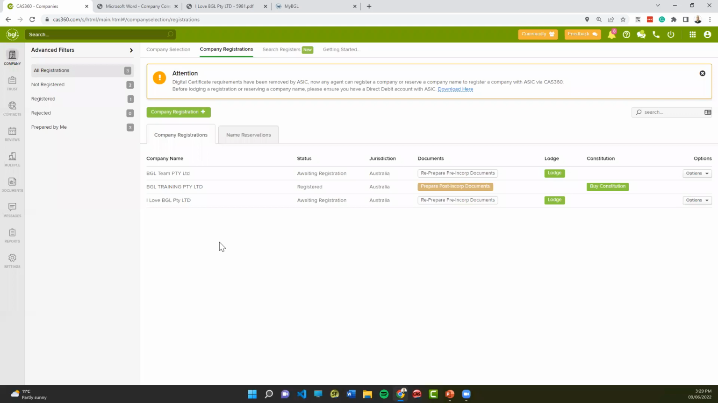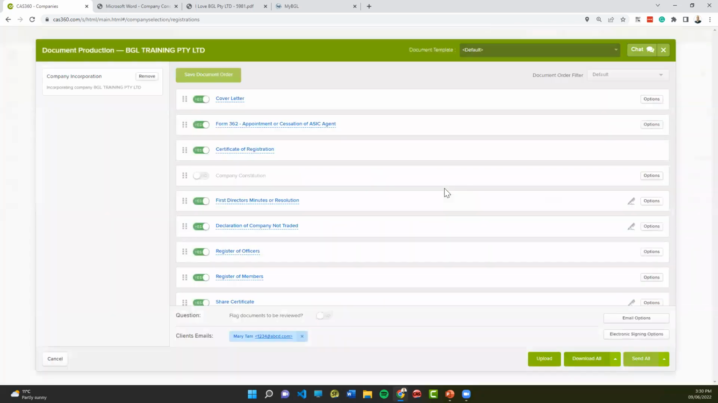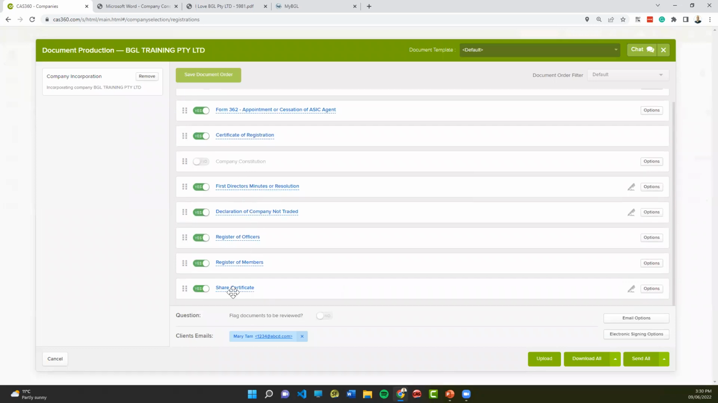So you've purchased your constitution. So that would be the next step, okay? So you've lodged the 201. Your next step would be to buy a constitution and then head to your prepare post-incorp documents. Now, what you'll have here is all the documents that you're required to send to your client. So the certificate of registration will come through, all the registers, the share certificate, all that information that you need to send to your client